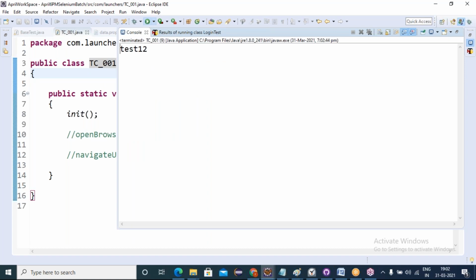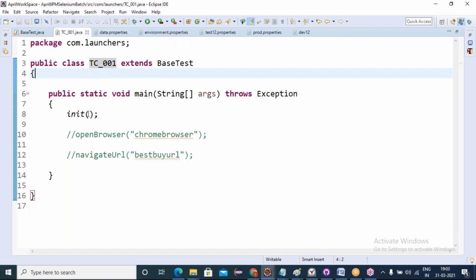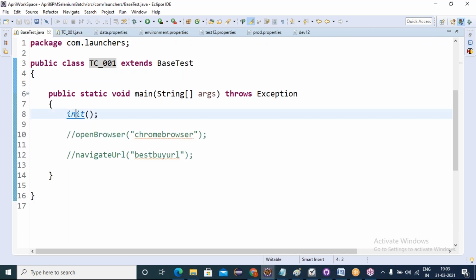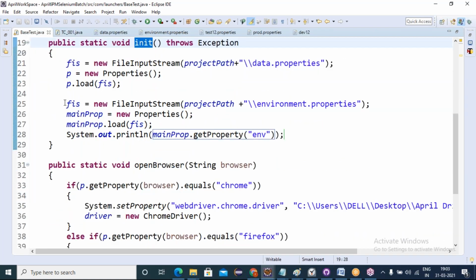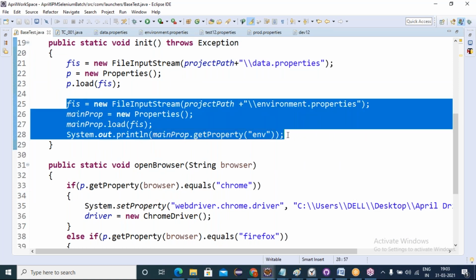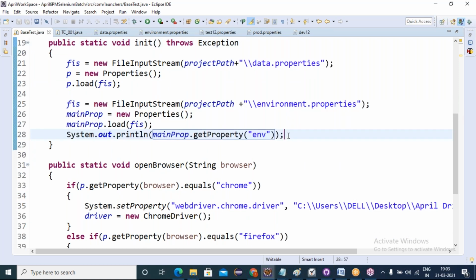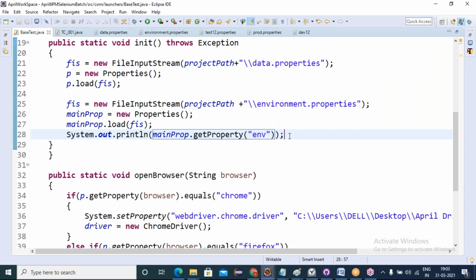Test1 means the test12.properties file has to load to get the test12 instance URLs. If in environment properties I give the value prod, then I must load the production.properties file to get the production URLs. Understanding what I'm saying? Now, here we have taken the key-based value in environment properties, and based on that value I must load that properties file. Now, what to do now?